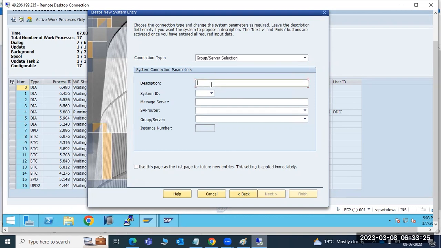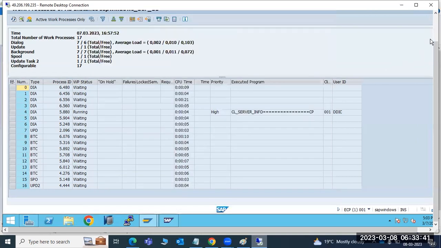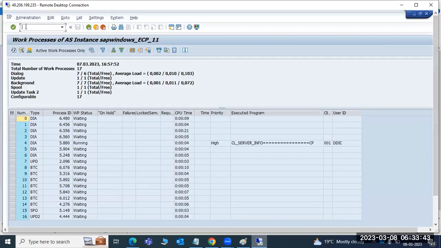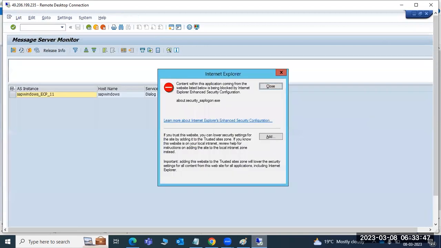For group server selection, in this case ECP, the groups come through the message server. So here we need to enter the SID, ECP, and the message server details. What are our message server details? SAP Windows. You can see here we have only one. If you go to SMMS, which is the transaction code,